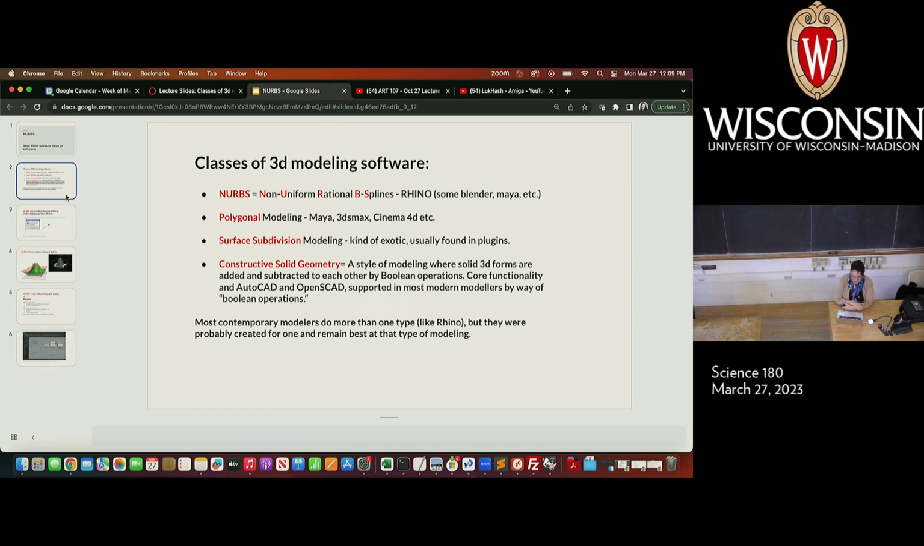So probably, I would say there are 3 main classes. I have 4 listed here. The surface subdivision modeling is pretty exotic, and it's only of interest to people who are really into math, mathematicians and people who are exploring interesting topographies. It tends to be a more scientific way of going about modeling. The tool that we're using right now is what's called a NURBS tool, and we're going to talk about